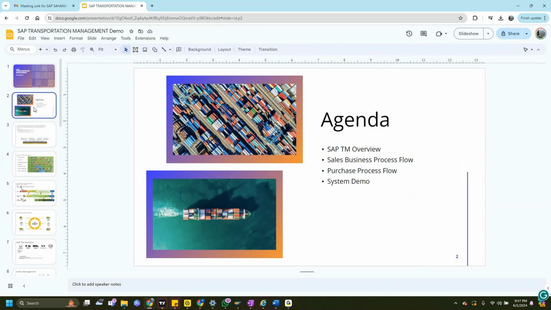Yes, Bhavna. So even in sales, is the TM module used in the delivery also? So I understand that if you are purchasing, maybe it is the pickup, so you are using TM for the pickup. The same way in sales also, you will use the same TM module for delivery transportation, right?